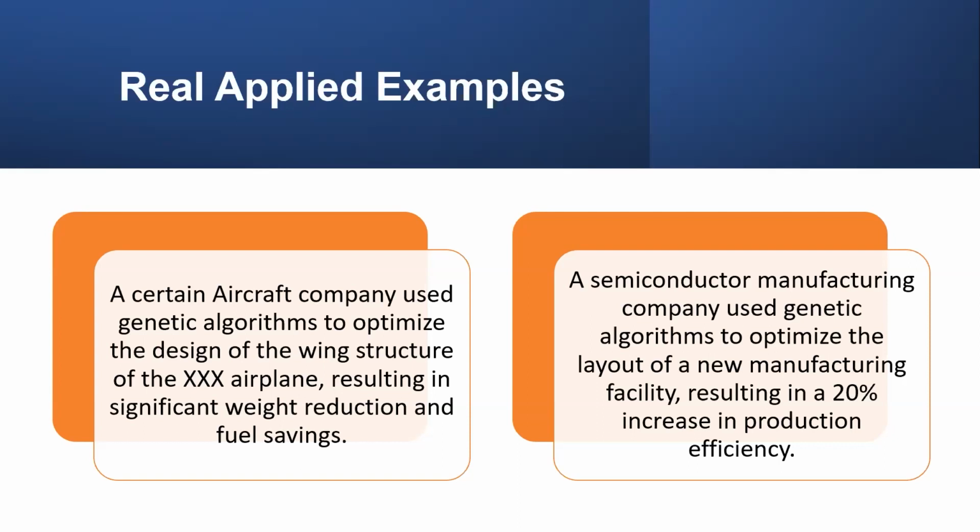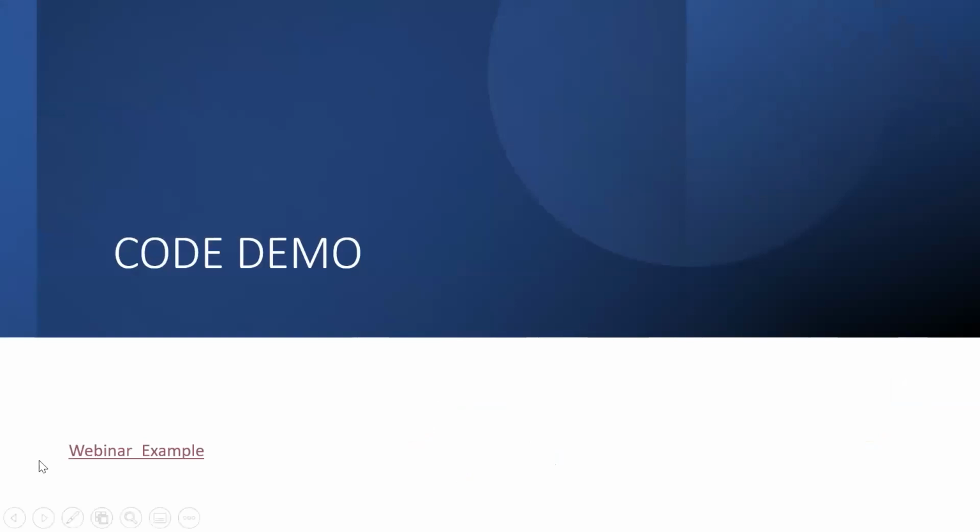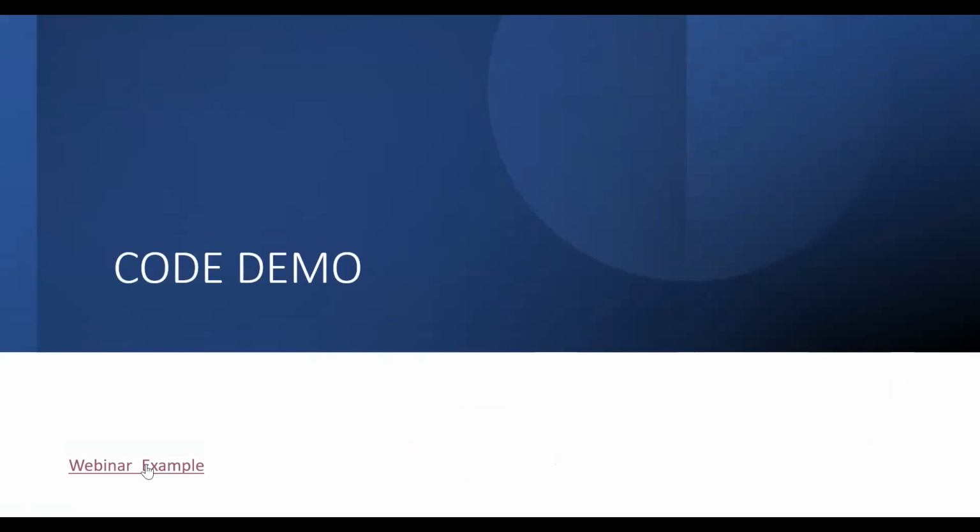So I have a small code demonstration. Here I have not used any libraries. I have just implemented code for this. The entire process, whatever I have explained in our genetic algorithms, this is the implementation of a basic genetic algorithm. One thing I want to say here is, of course, we have a lot of libraries, but